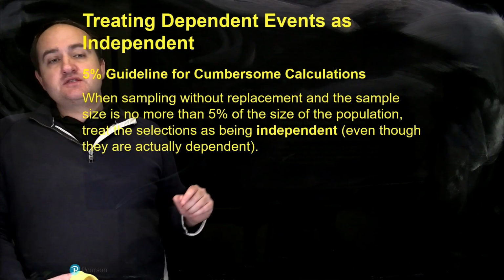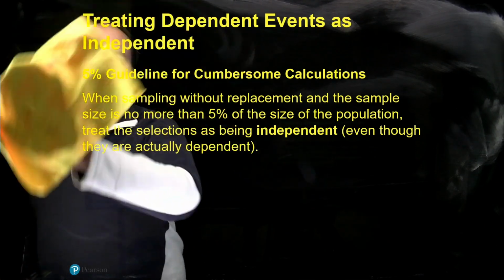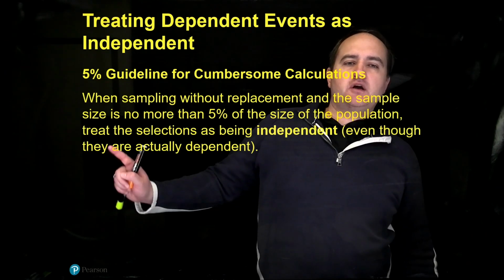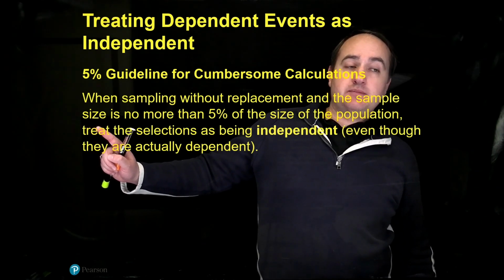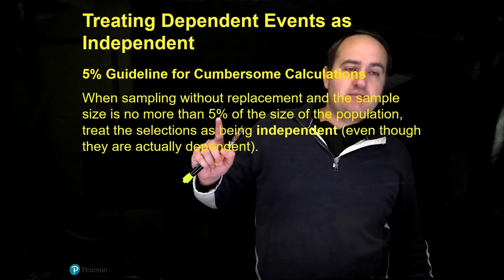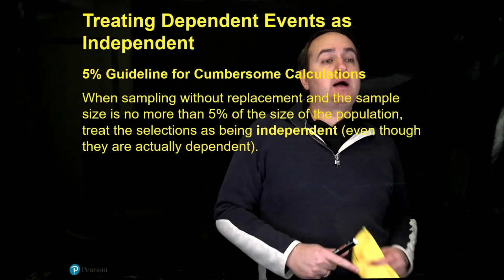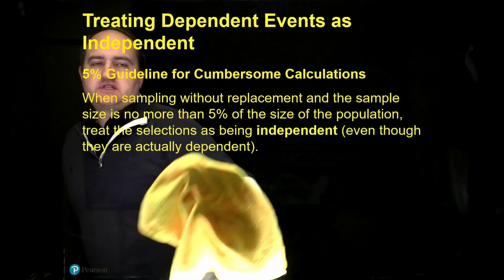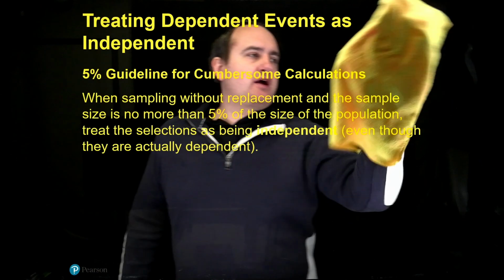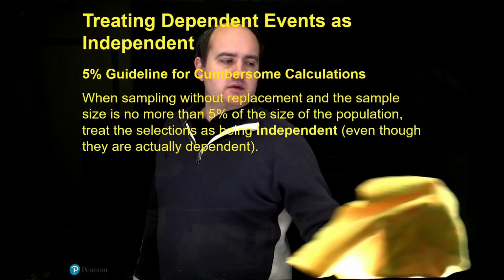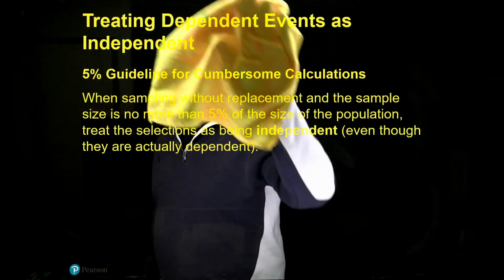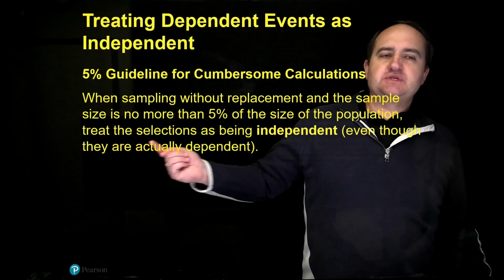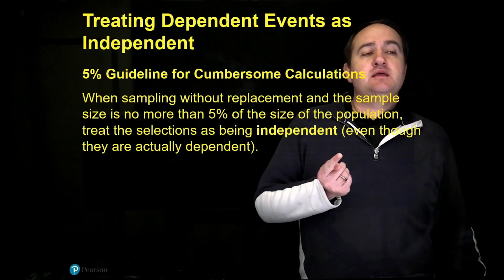It turns out that we can still treat each of those trials as independent events as long as the sample size, so the size of our sample, is no more than 5% of the size of the population. Okay? So this is called the 5% guideline for cumbersome calculations. Cumbersome means tedious. Okay? So what they're saying is you can treat the selections as being independent